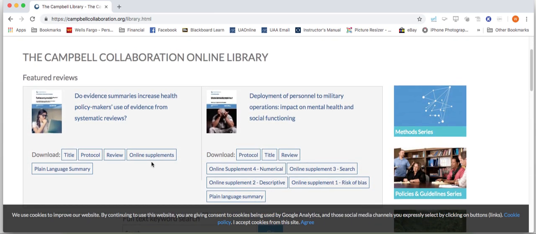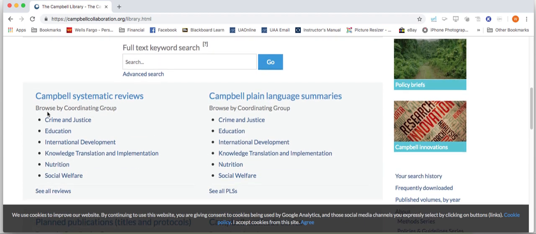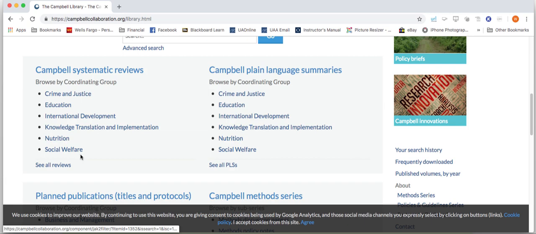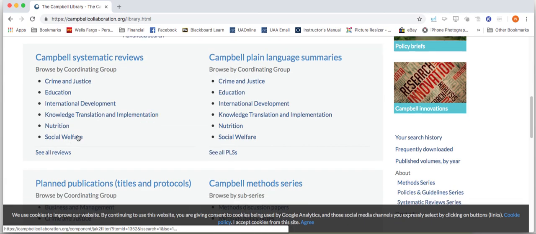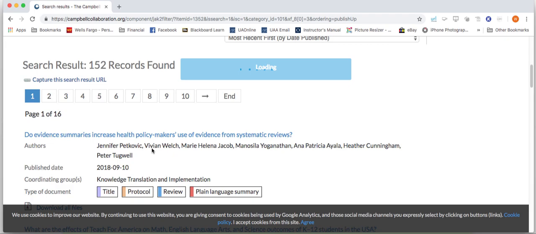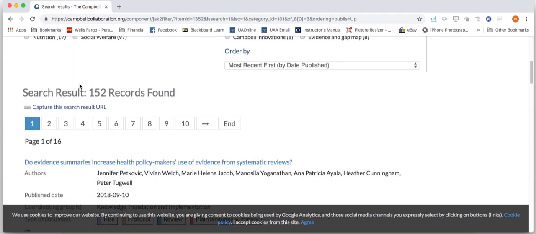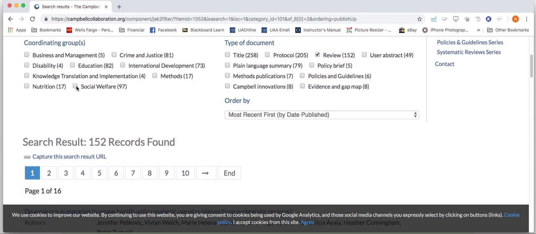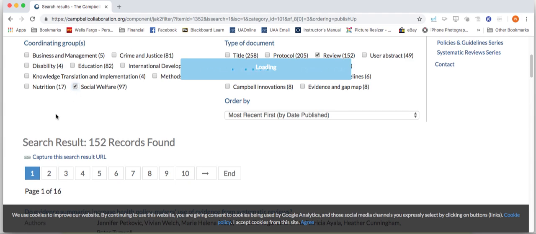Again, there are different coordinating groups for systematic reviews. Let's say social welfare, for instance. See all reviews. Are there more? Let's look here to see what comes up. Well, I think those are all the reviews in the coordinating groups. Yeah, I'm sorry to be flicking around on here. If you click on social welfare,